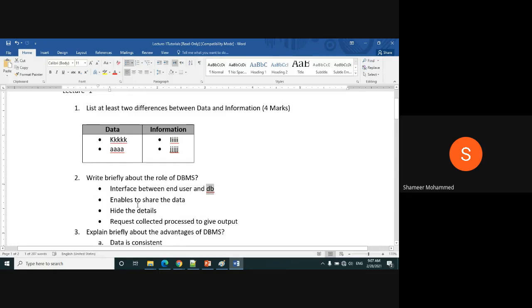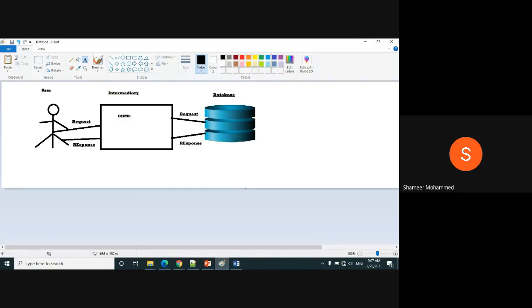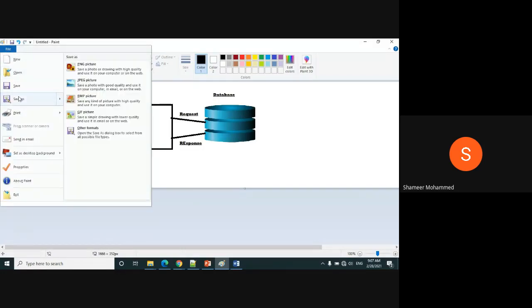It enables you to share the data. It will hide the details from the user. It will receive and process the request to give the output. Such own answers you can write. You understand? Role of the DBMS.